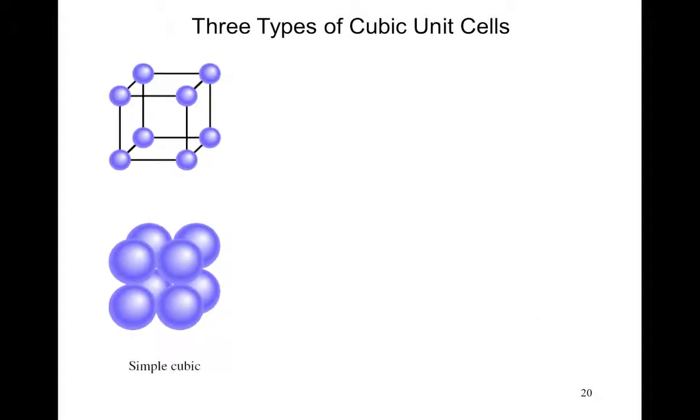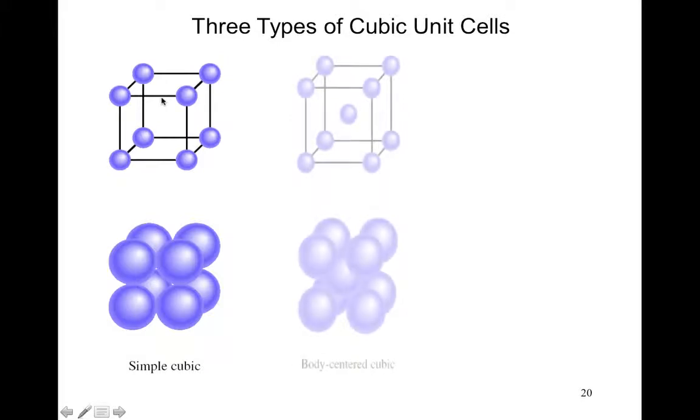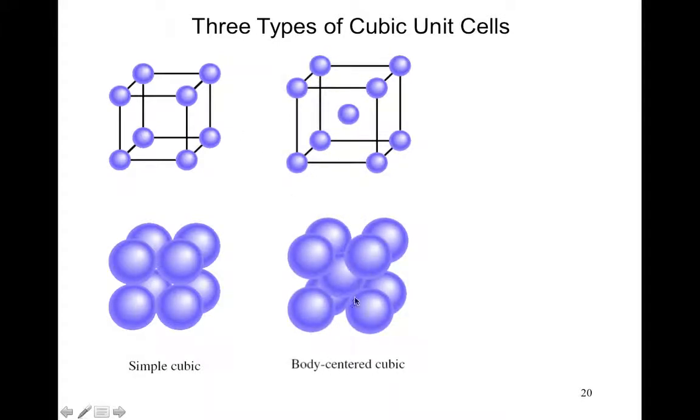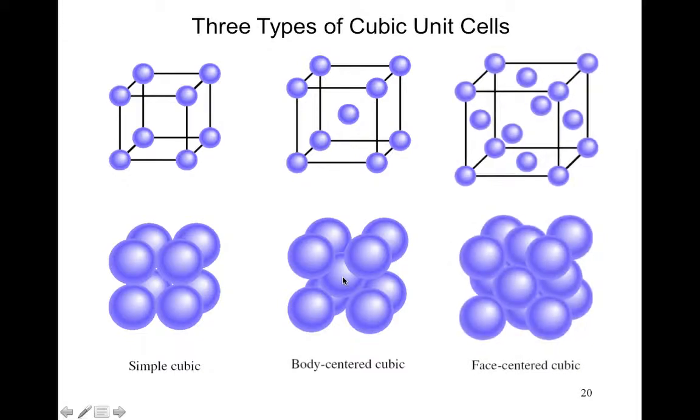So there's a few types of cubic unit cells. The first is simple cubic, which means we just stack them up in a cube, and in space filling it would look something like this. Body-centered cubic would be, we have this stacked up cube, but then there's one right in the middle, and so all the ones around the cube attach to that one in the middle. That's body-centered. And then face-centered cubic would be, we not only have one on each corner of the cube,